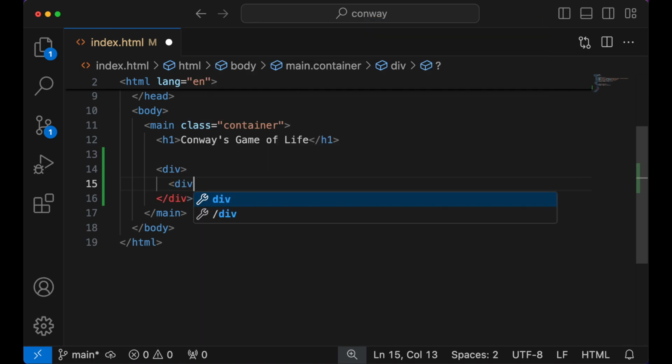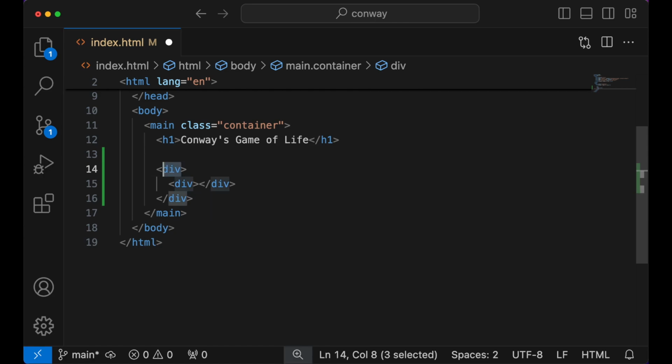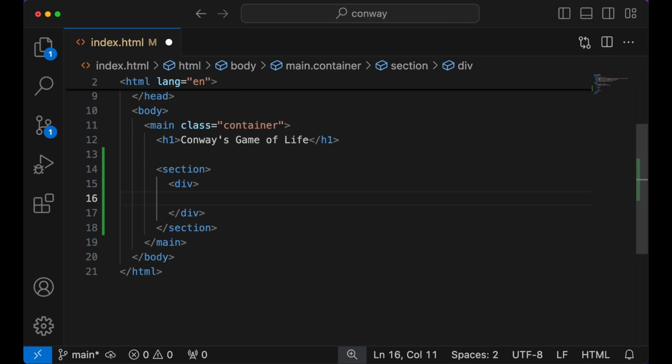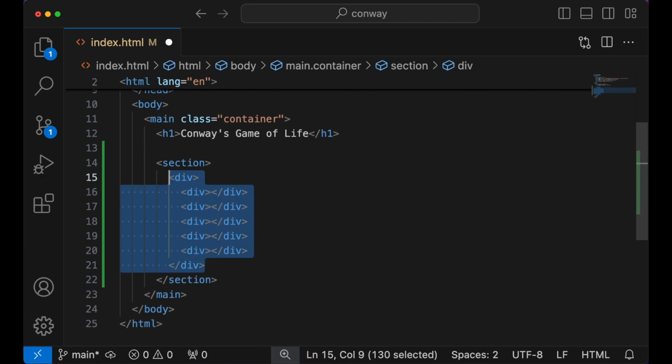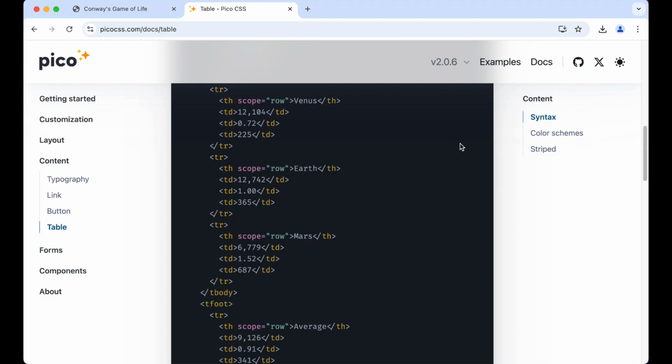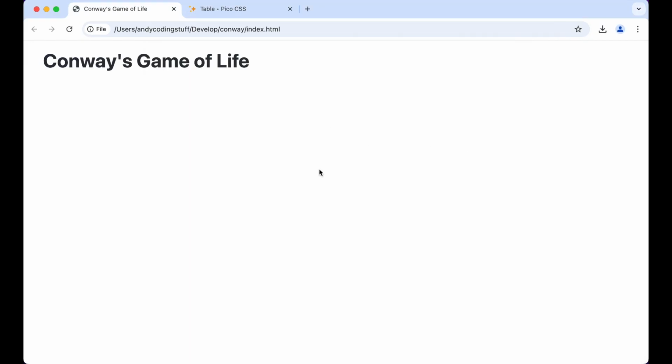So just as a first idea, maybe we can have one div which is a table. Maybe we can call this section, which would be the section in which all the grid lies in, and we can have one div per row and one div inside per column. So for example, we could have something like this, and I imagine that now we won't see anything,